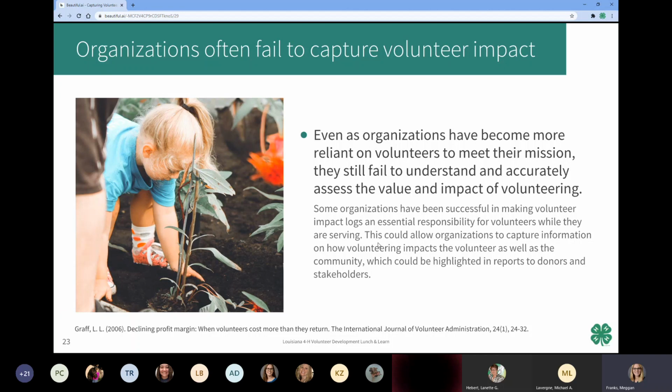And then they logged challenges and learning and additional information that allowed us to see just the impact of that volunteer and that role that they were serving with that organization. And so it was really effective for me when I had to do those